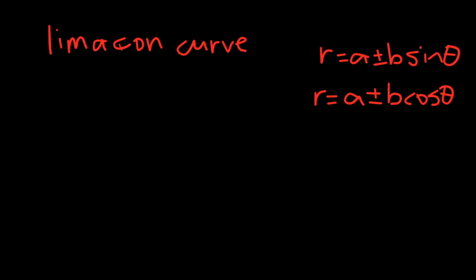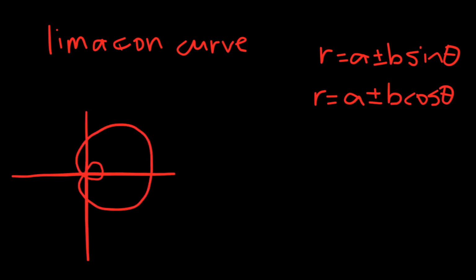Next we have a limaçon curve, and these are the two polar equations to graph this form: r equals a plus or minus b sine theta and r equals a plus or minus b cosine theta, obviously assuming that a and b are both greater than 0. There are 4 types of limaçon curves, with the first one being an inner loop limaçon, which looks like this,